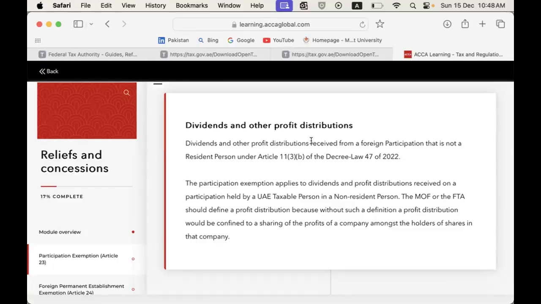The 5% condition will never be met for them, right? So what they did was they said, okay, let us fix a set amount. If you are holding 4 million dirhams worth of investment in such companies, then it will be construed as if the 5% minimum holding criteria has been met, even if it is not 5%. Is this point clear to everyone?